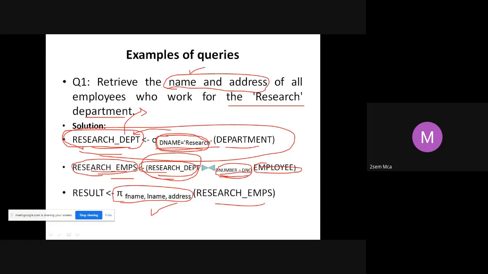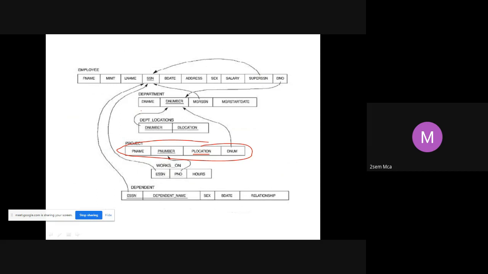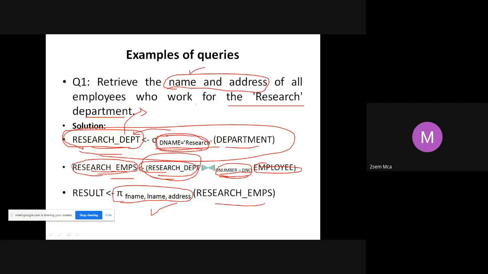Next. Once I know what are the projects, I have to find out which is the department that is controlling that project. So we have an attribute here called DNUM. I'll have to check this DNUM with the D number of department. So I will get to know which department is controlling each of the projects at the location Stafford.